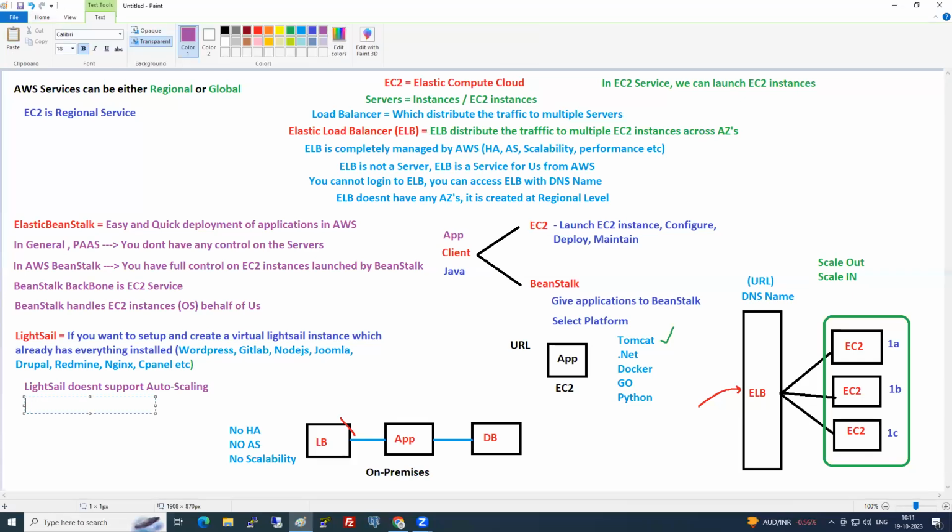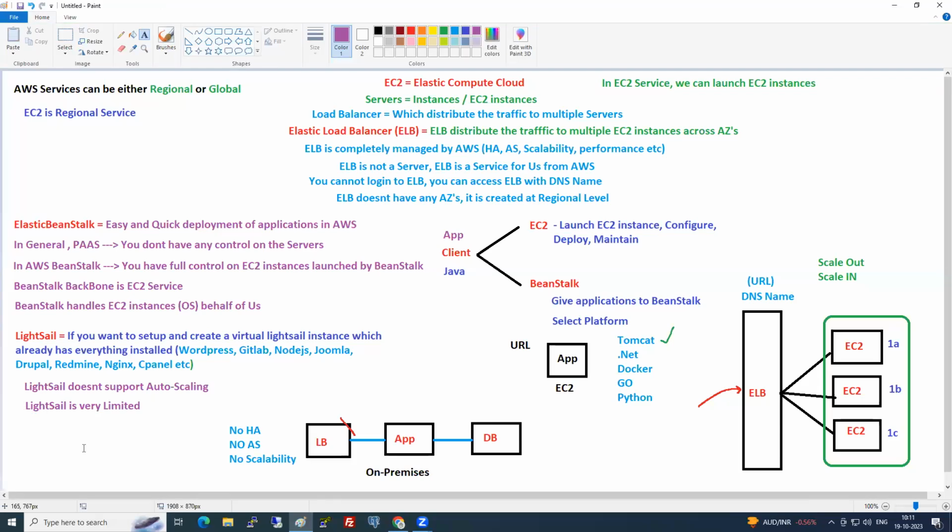I'll also write, Lightsail is very limited. Raj Reddy, are you new today or what? If not, we discussed it.